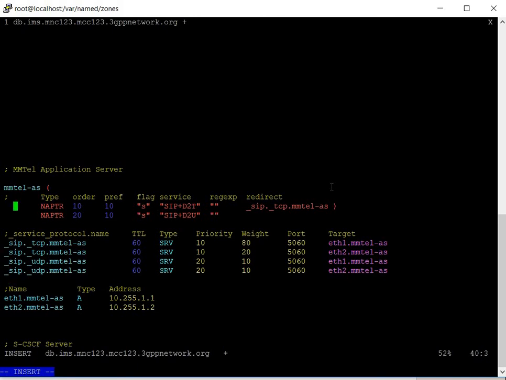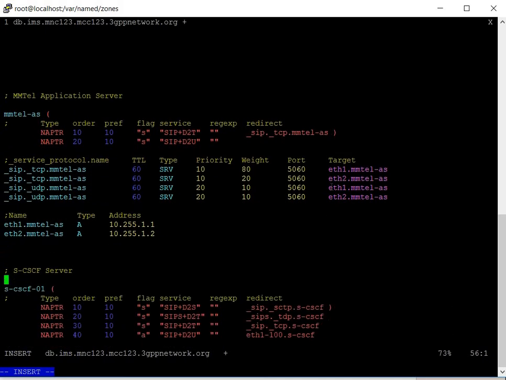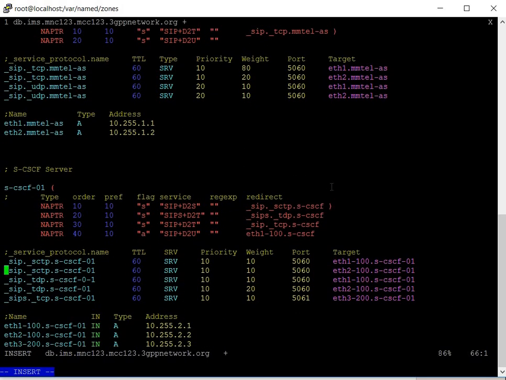There's other well-known services. There's a service name for SCTP. There's a service name for SIP-S. So in this example I used TCP and UDP, but that's not at all exclusive or all-encompassing. Here I defined a serving CSCF in an IMS network. So this is serving CSCF1. And this is just giving another example of doing much the same thing, defining different services